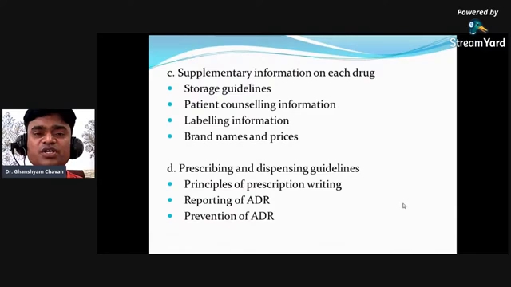Next, the body. In the body, you should start with the Rx. After that, you should write the name of the drugs. The name of drugs should be written specifically and clearly. It should be readable. Either you should go for the generic name, meaning the chemical name, or the brand name. Better if you go for the chemical name or biological name. After that, its dosage form, then its quantity and number of drugs. How many drugs are you prescribing? Is it for 1 month or for 7 days? So the specific quantity needs to be mentioned there.